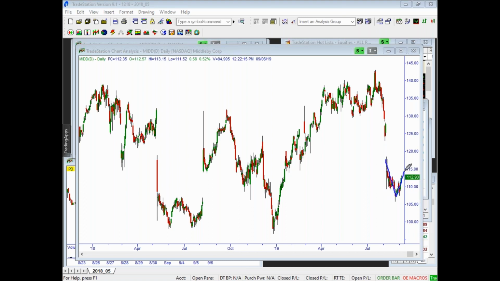So probably more likely that it could come down like that, a little bit kind of choppier. Short term, intraday,